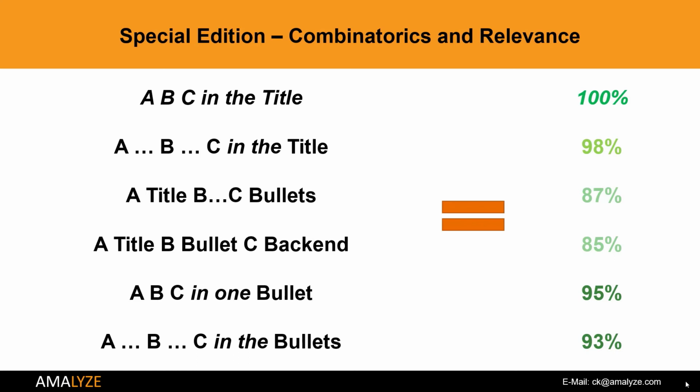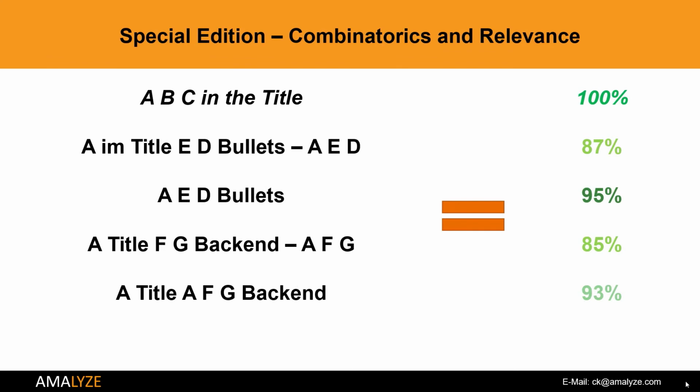That's the reason why copying main keywords that are only used in the title into the bullet points is so important, and also copying them into the backend. As another example, if you're using A in the title, E and D in the bullets, and you want to be shown under AED, you only have 87% relevance. If you're using A a second time in the bullets or directly AED as a phrase in the bullets, you have 95% relevance. Here's another example: you're trying to be shown under AFG, A in the title, FG in the backend, 85%. But if you are using A in the title and repeating A in the backend,